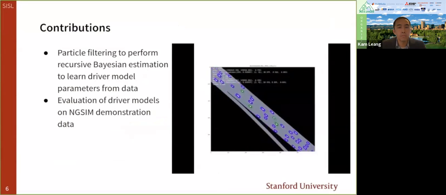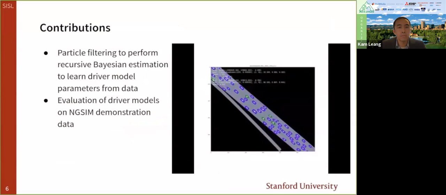In conclusion, we used particle filtering to perform recursive Bayesian estimation to learn parameters of the rule-based models online from driving demonstration data. We demonstrated these driver models on NGSIM data, and we look forward to your questions during the